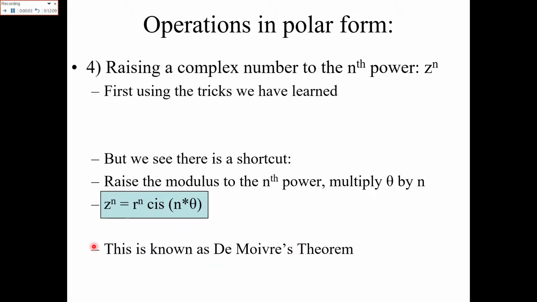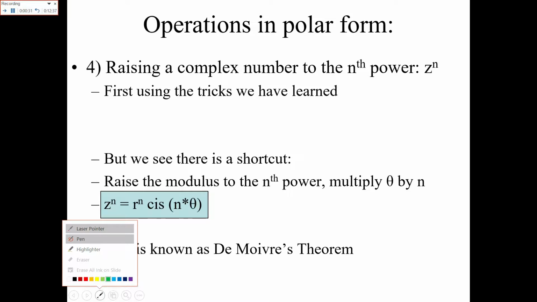Now raising a complex number to the nth power. If a complex number z is given, we can take its nth power with the formula z raised to the power n is equal to r raised to the power n cis n theta. This is also known as De Moivre's theorem. So De Moivre's theorem says that